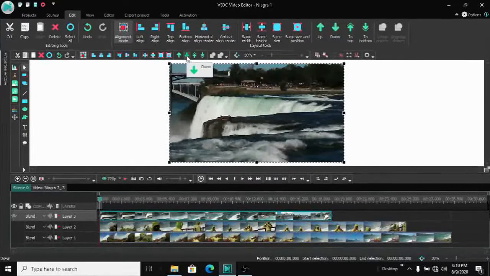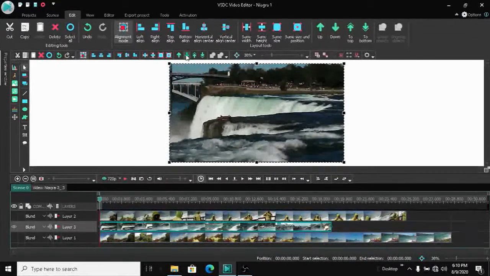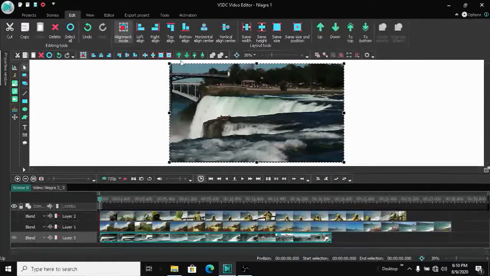And the down arrow works in the same way. Like I have layer 3 selected and I click the down arrow, it moves it down. If I want to move it all the way to the bottom, just click it again. Now,